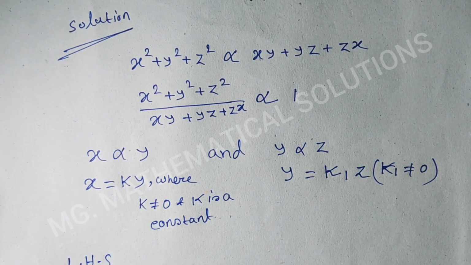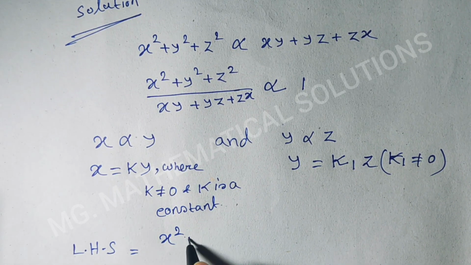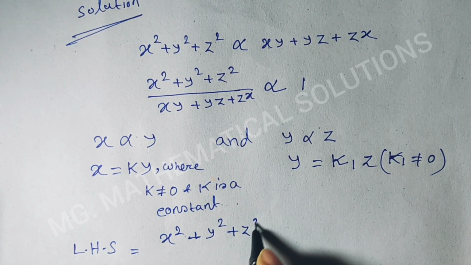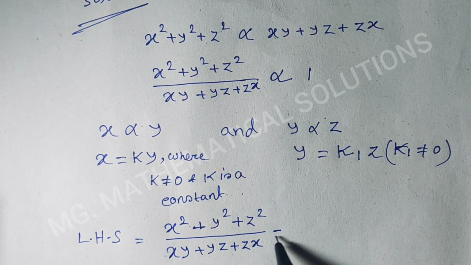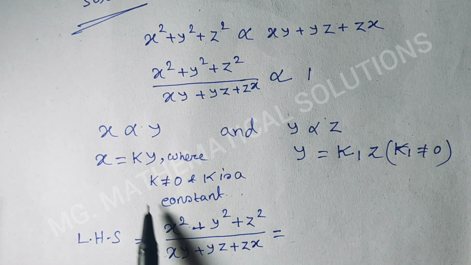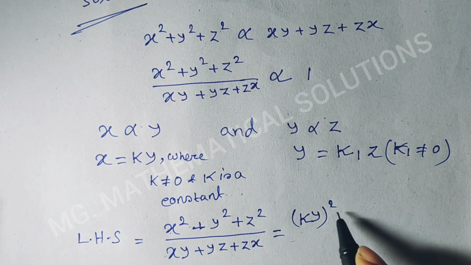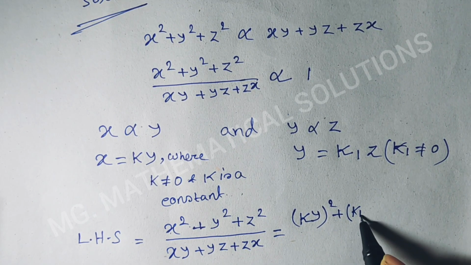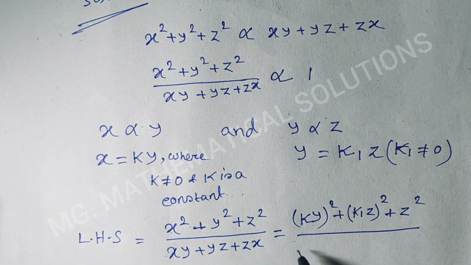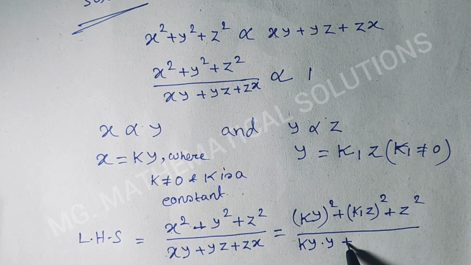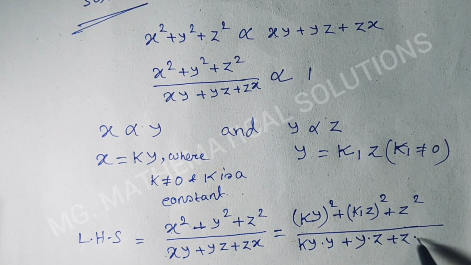So left hand side equal to x square plus y square plus z square over xy plus yz plus zx equal to, we put the value of x, so here x means ky, so ky whole square plus y means k1z, so k1z whole square plus z square over x means ky, so ky times y plus y times z plus z times x means ky,